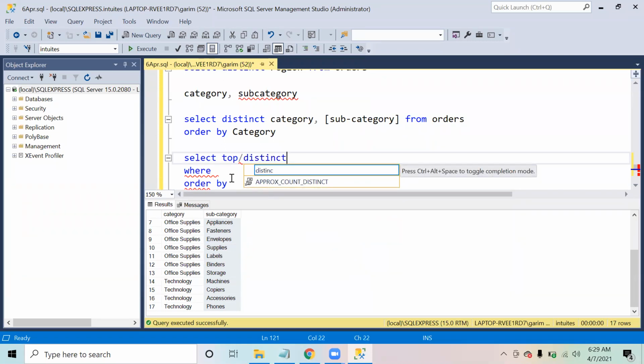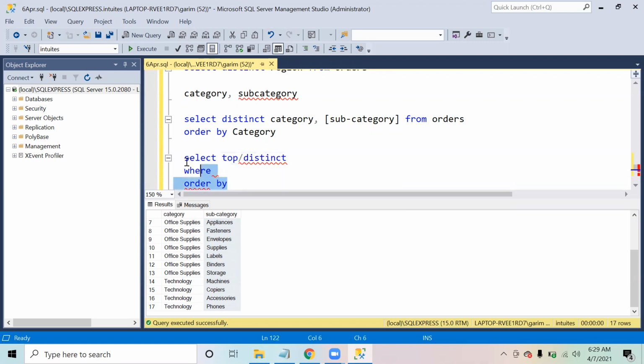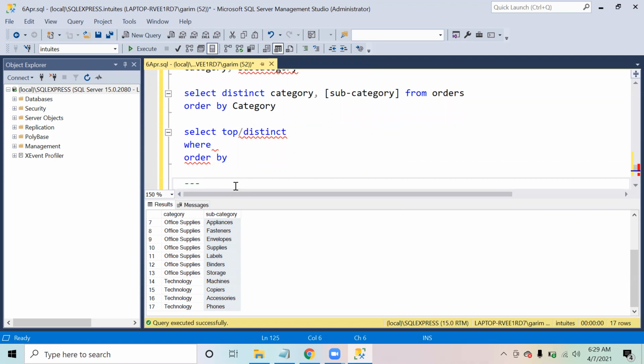Now this is how the sequence of queries should be when you write it. So if you want to apply a where clause, and you want to sort the data, and you only want to see the initial top few rows or the unique values, this is what the sequence should go like. For example, let me give you all a task.